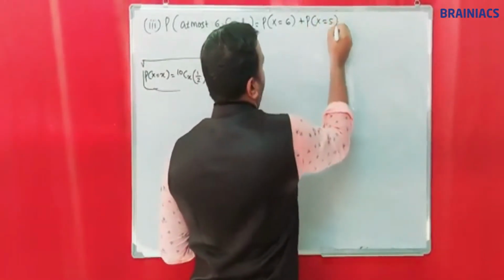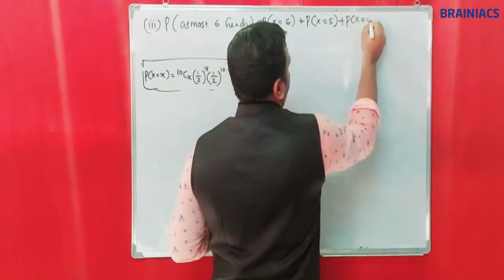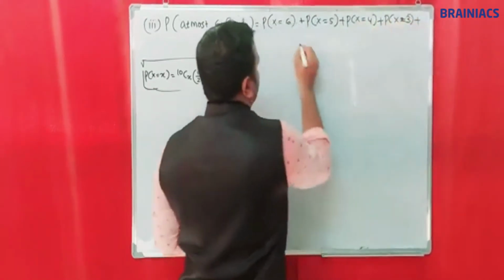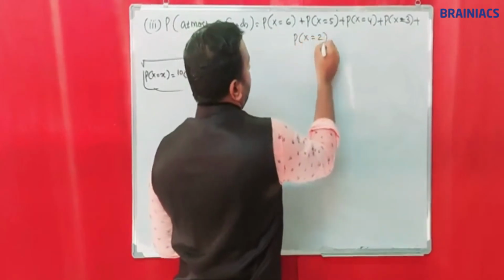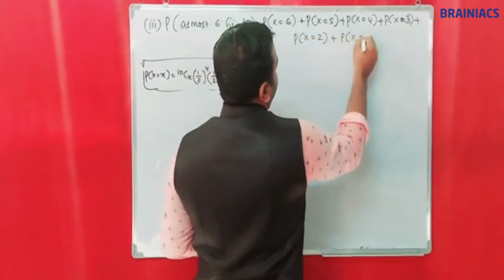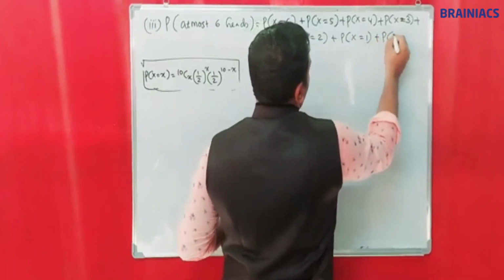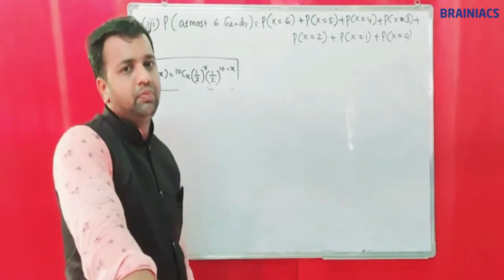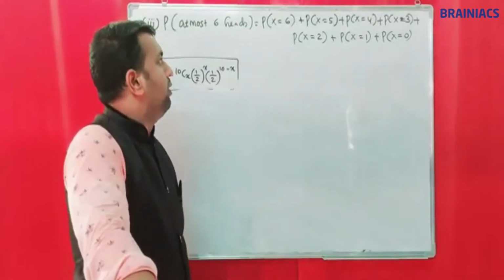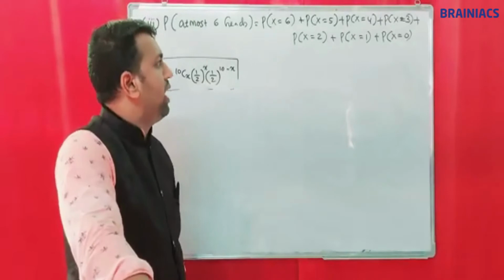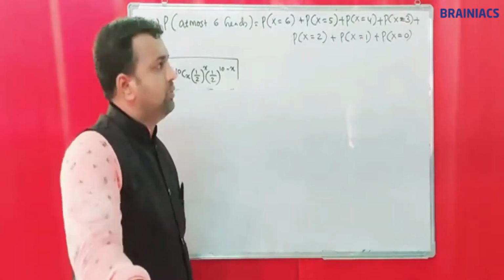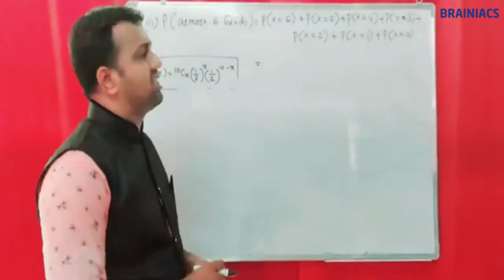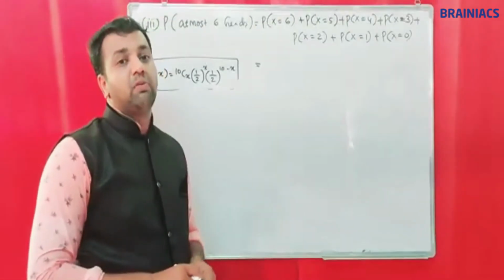X is equal to 5, X is equal to 4, X is equal to 3, X is equal to 2, X is equal to 1, X is equal to 0. 0 is the least value. Okay, so the values of X will be 6, 5, 4, 3, 2, 1, 0. So we can find out P of at most 6